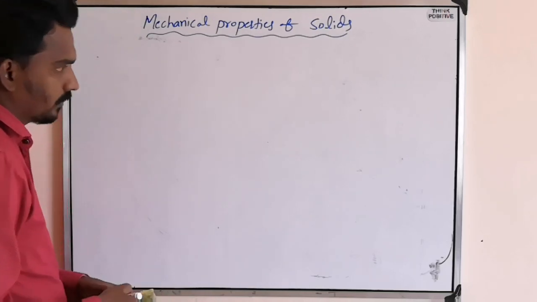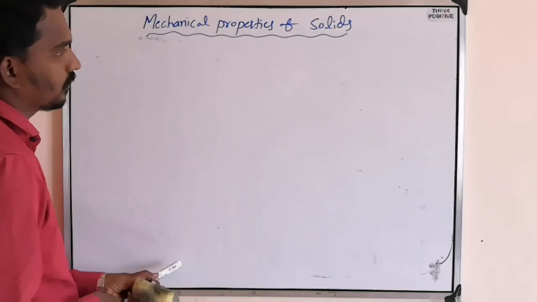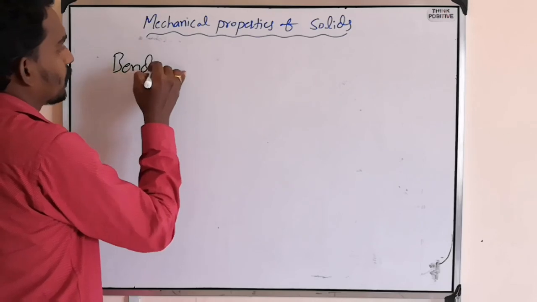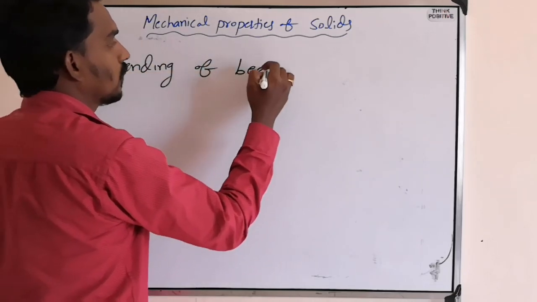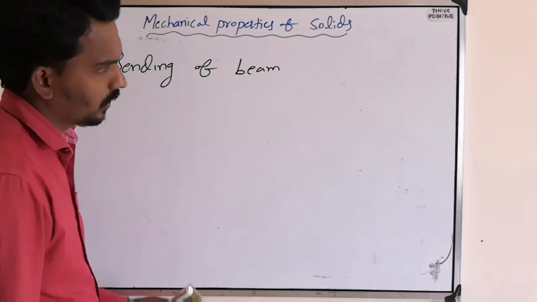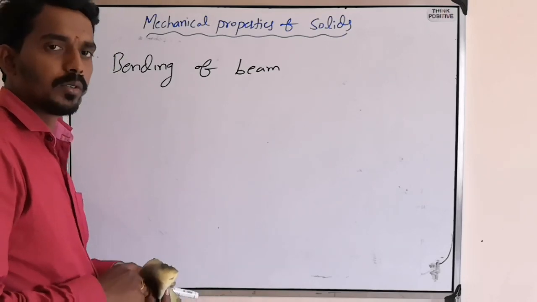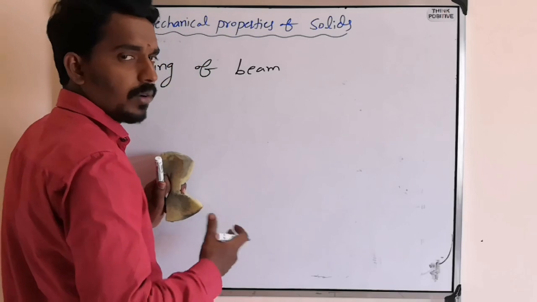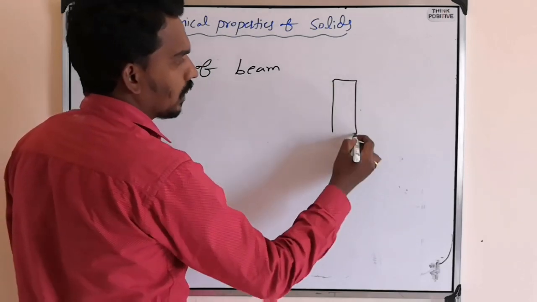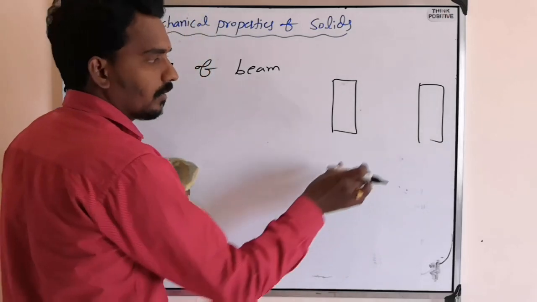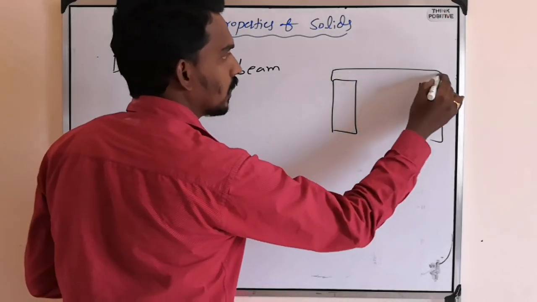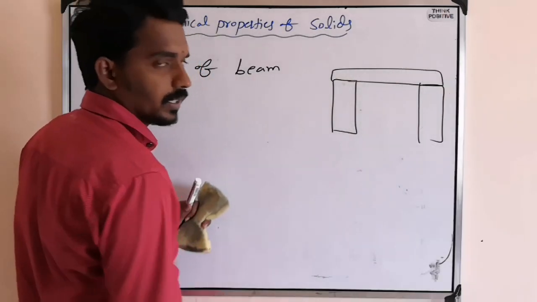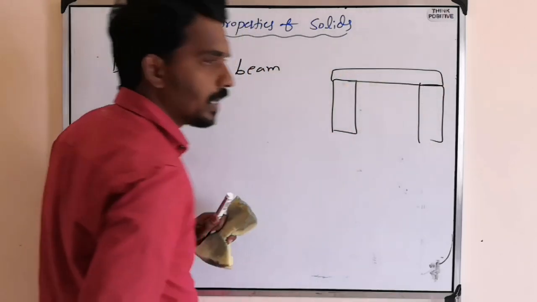Now one more thing, that is bending of beam. So what is bending of beam? Generally when you take metro railways, metro construction or flyover construction, there are pillars with some separation, and there is a beam on which trains or buses will run. Like that, pillars will be there. Now this is called a beam.